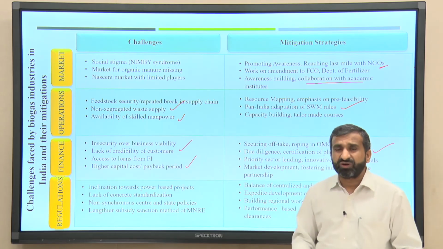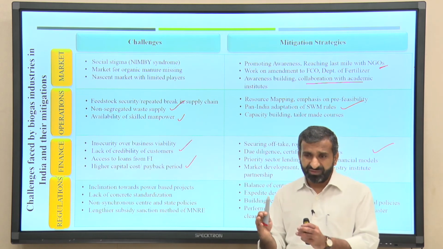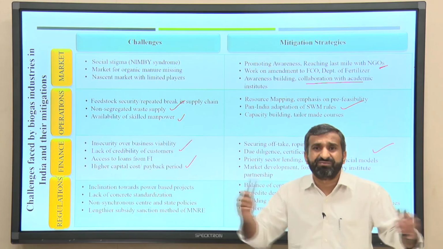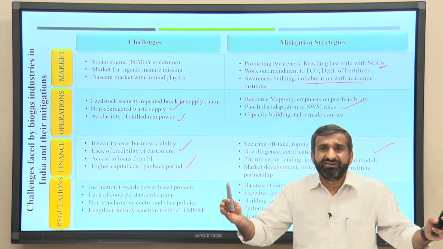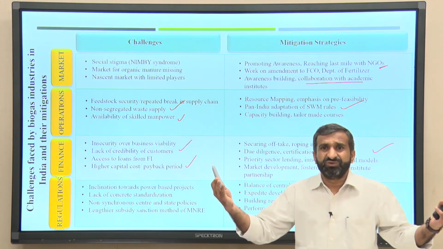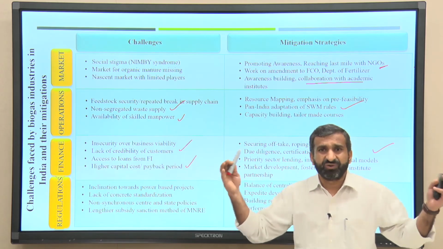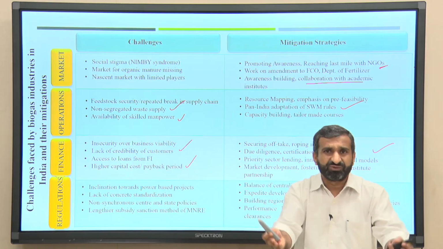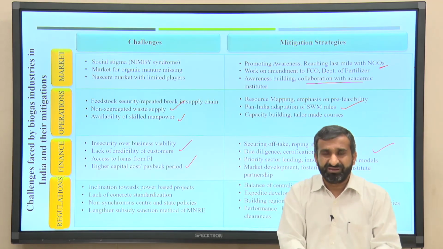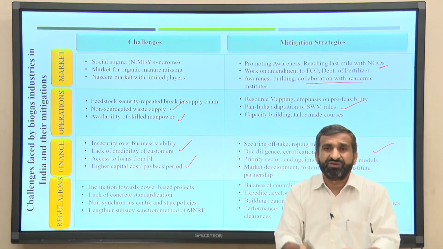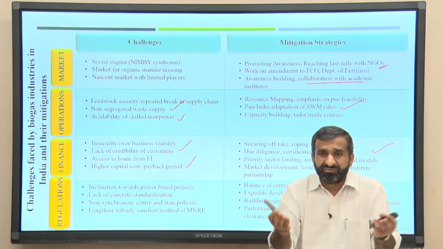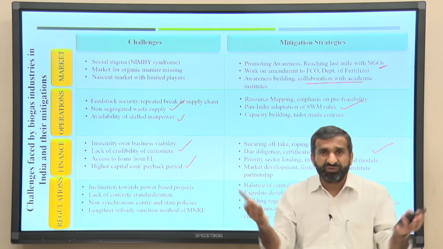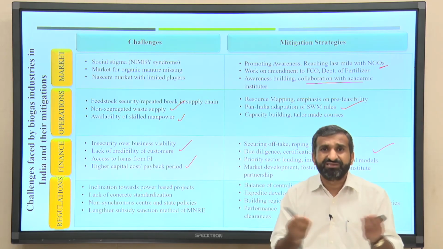But if you talk about small units or decentralized facilities, like in an apartment, you need not take help from the local authority. In an apartment, segregation could easily be possible. Whatever residents are available, maybe 20 or 25 families, you will be able to make them aware very easily